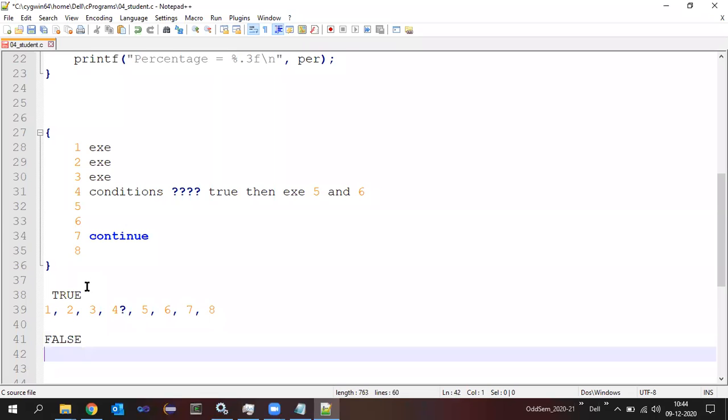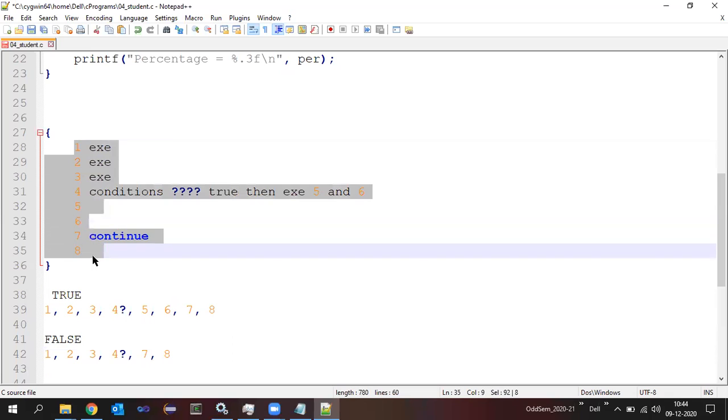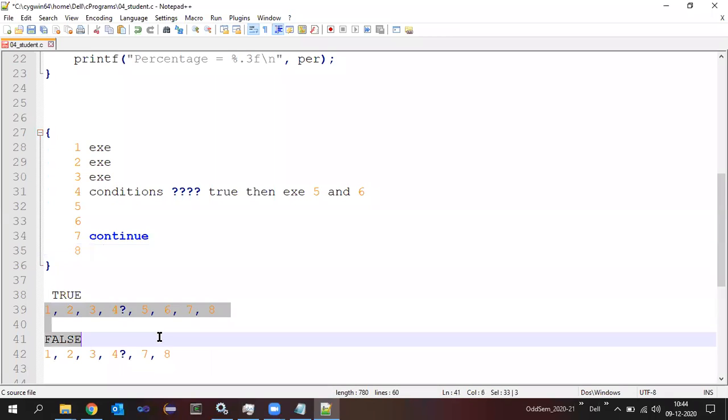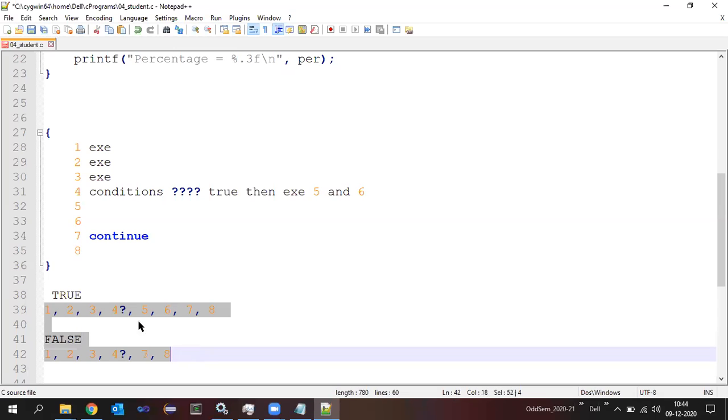When the condition becomes false, the execution is like this: 1, 2, 3, 4 is the condition check. If this condition is now resulting in a false, then what does it have to do? It has to skip 5 and 6 and then continue from 7 and 8. So notice here, what is the change? We have written 8 statements, but all these 8 statements will not be executed all the time,